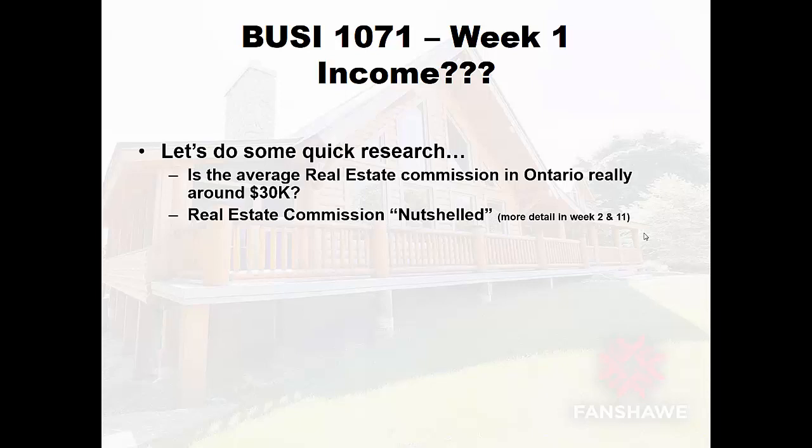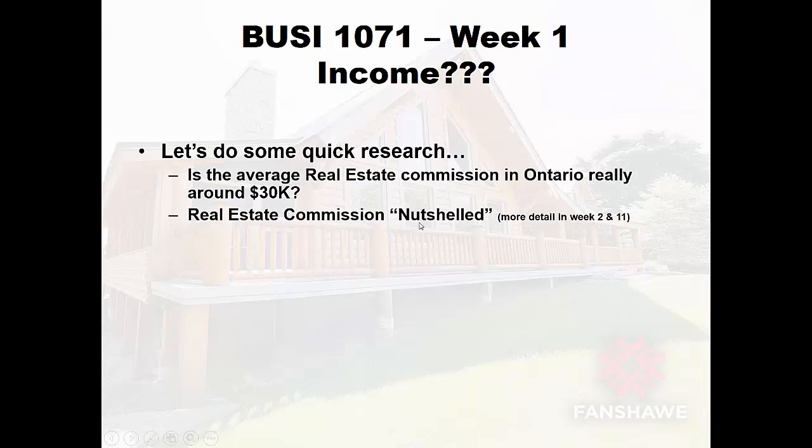Typically, in a market like London, you see 2% commission available for someone that's going to bring a buyer in and sell that house. We don't really see what the selling agent has put on there, but it's very often the same, 2%. It's been getting more competitive in recent years. In Grand Bend, which is the town that I focus on, everybody's trying to get a listing, and I'll tell them, listen, I will offer to do it for 1% just on my side, but if I sell it myself, I'll get a little more than that. So there's lots of ways to structure it. Real estate commission is completely negotiable. We'll talk more about that in week 2. You can negotiate that with your sellers.